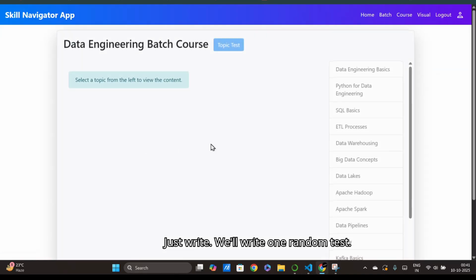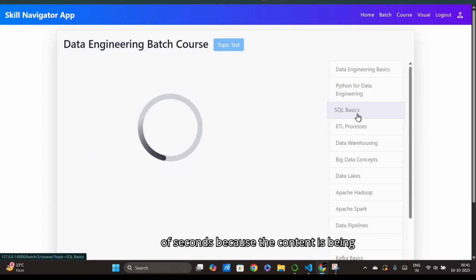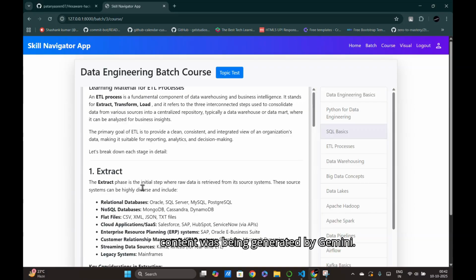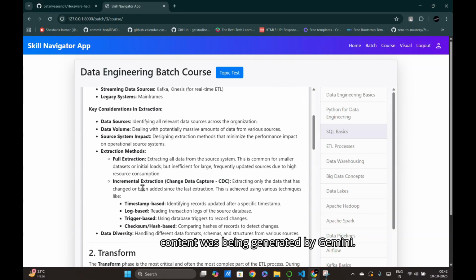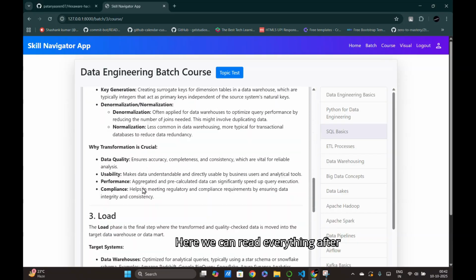we'll write one random test. We just need to wait a couple of seconds because the content is being generated by Google Gemini, so it takes a few seconds to generate. So here you can see this content is generated by Gemini. Here we can read everything. After finishing reading,